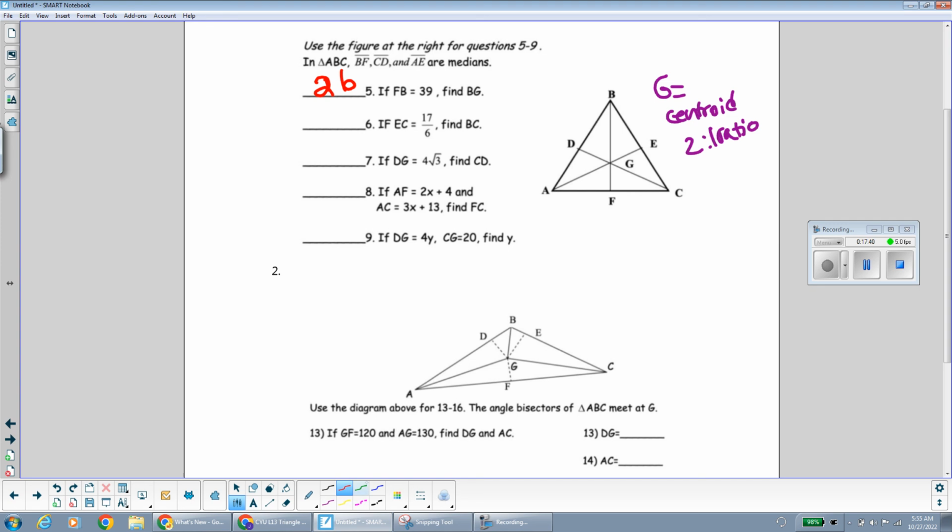Okay. If EC is 17/6, find BC. Well, I know if the segment is a median, because all of these segments are medians, it connects midpoint to opposite vertex. So this is the midpoint of the side. So I know that this is equal to it because midpoints split a side equally in half. So the whole thing BC would be 17/6 plus 17/6. And that would be